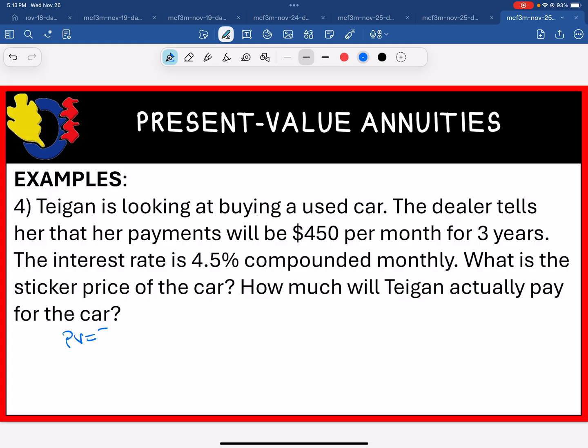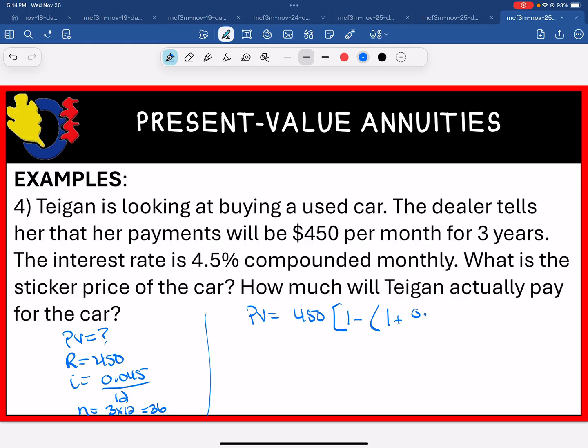So PV equals, R equals 450, I equals 0.045 divided by monthly, which is 12, N is equal to 3 times 12, which is 36. Go ahead and plug that in. 1 minus 1 plus 0.045 divided by 12. The exponent negative 36, close my big bracket, all divided by